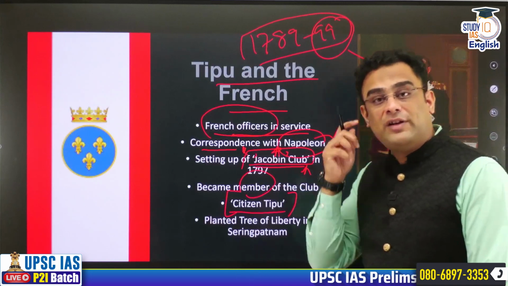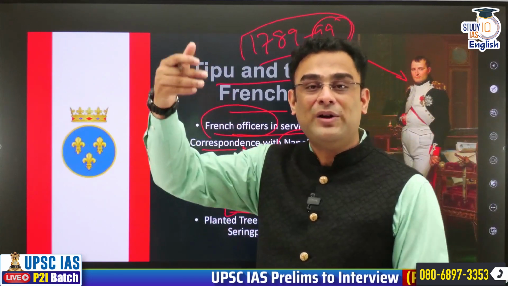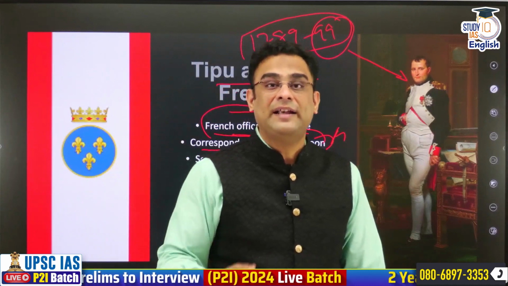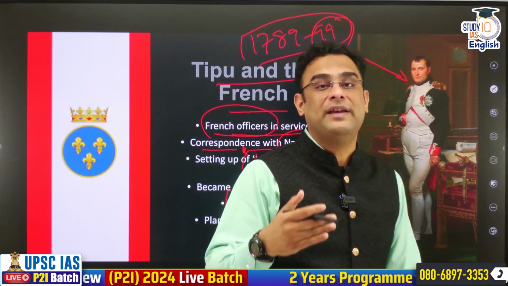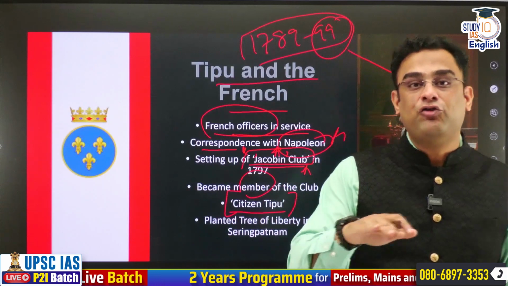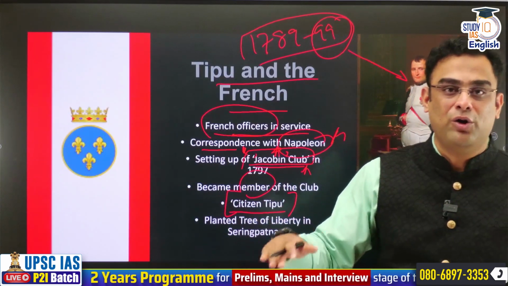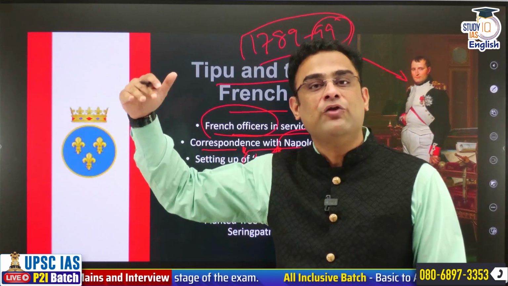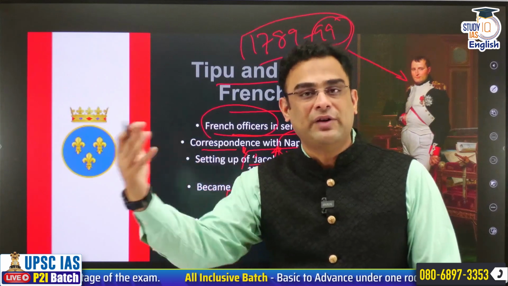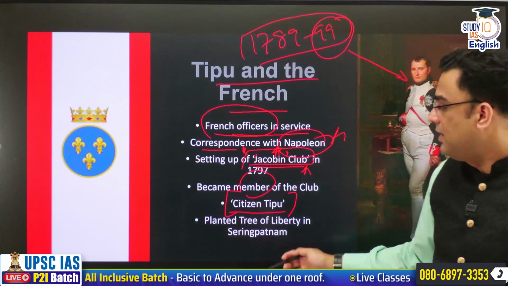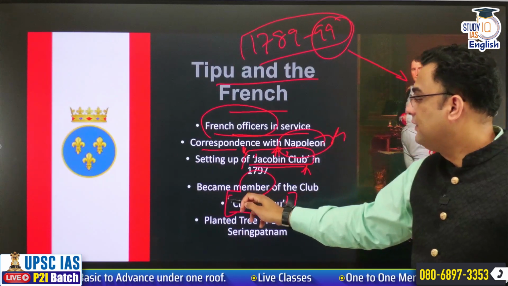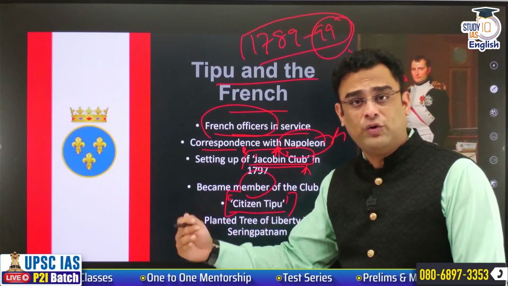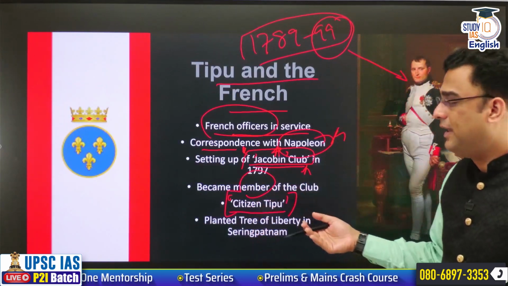The French Revolution is all about liberty, equality, fraternity, democracy, and all of these ideals of the Enlightenment. It is against a system of birth-based privileges. Everybody should be equal before the law. No ruler or aristocrats or clergy should have special privileges. So Tipu Sultan allows himself to be called Citizen Tipu, which of course shows that he was ready to accept that position of